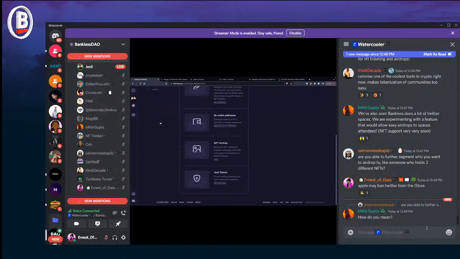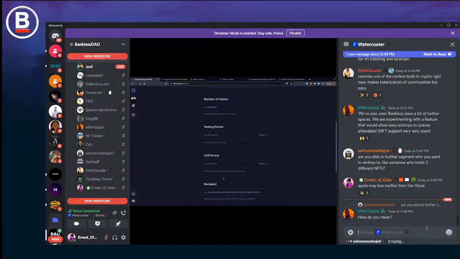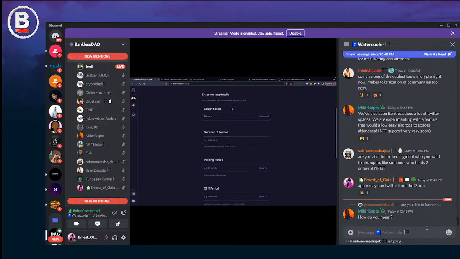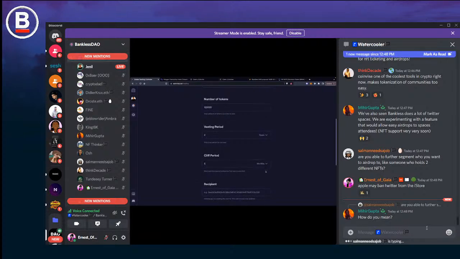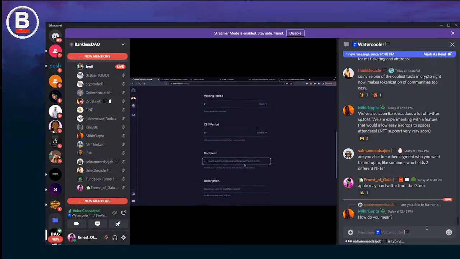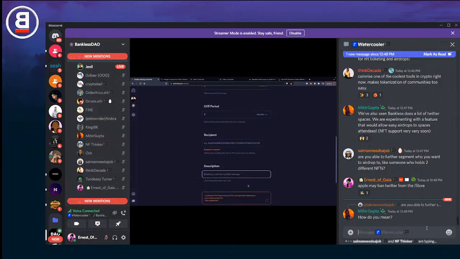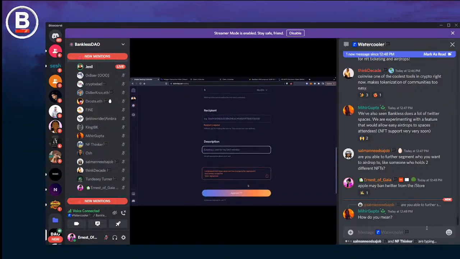We also have an option to vest tokens. So if you want to use it specifically for compensation for a particular team member, you can use it. You can choose the token over here. This could again be any kind of token. You can just say, let's say 100,000 tokens, and then the vesting period is going to be 2 years. So let's say 2, and then the cliff is going to be 6 months, and then add a recipient address that you're creating this for, and then add a description. And this is a great way for you to create vesting over a certain period of time.